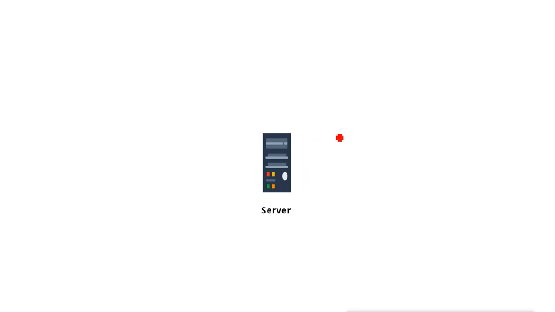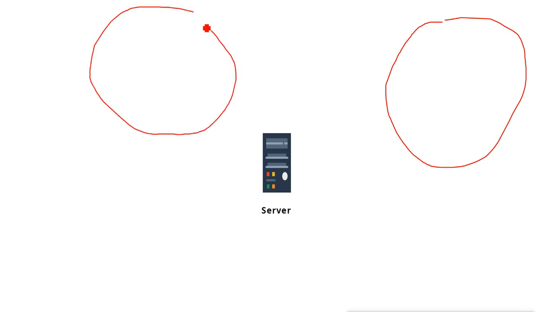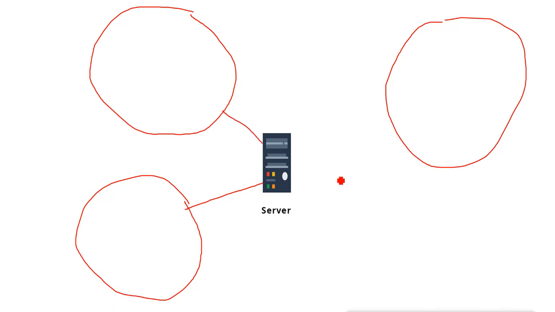Maybe we have done subnetting for different networks and we are using a single DHCP server for all of them. Suppose we have one network on this side, one network on this side, and maybe other networks too. To use it for different networks, we have to add these different interfaces to the DHCP server. So one interface will be connected to one network, another interface will connect to another network, and the other interface to another network.